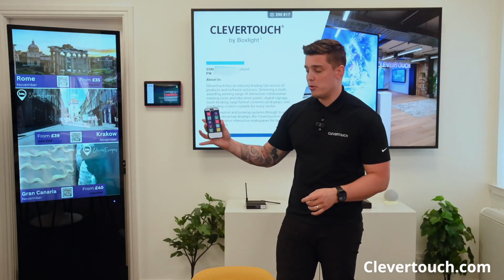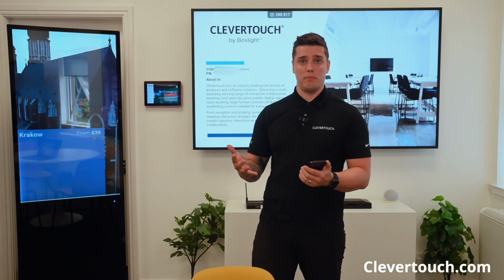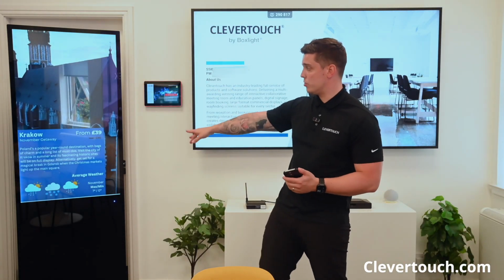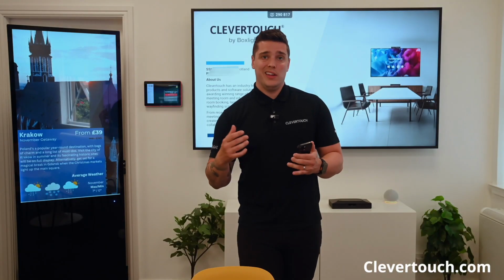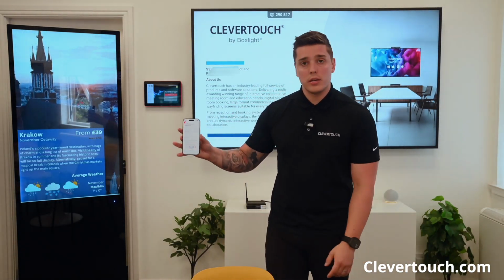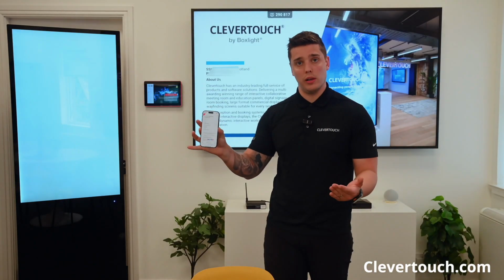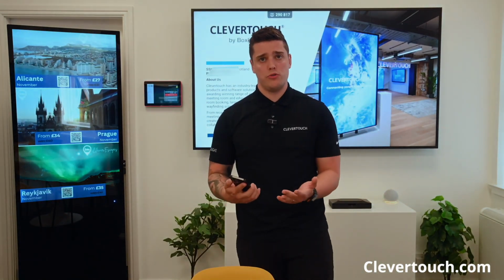What will also happen after a period of time is this interface will vanish from my phone. I don't want somebody walking down the street clicking things about Krakow and Lanzarote and Alicante if they're done. So after either 30 seconds or a minute in this case, my phone will default to a URL of my choice. In this case, it's a form because I want to generate some more interest off of the back of